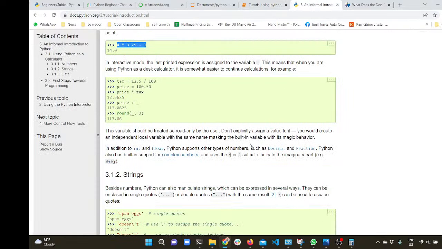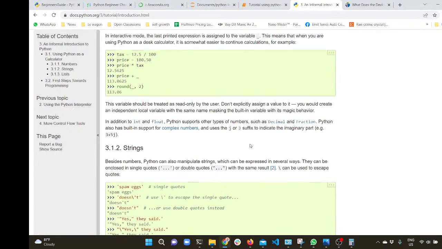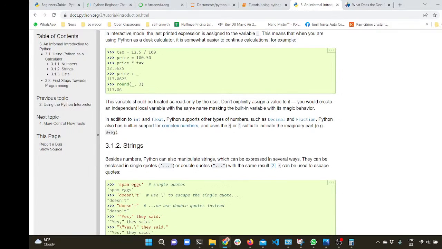Moving on, we'll scroll a bit lower, and it says the interactive mode, which we will not partake in because we're using Jupyter. The last printed expression is assigned to the variable underscore. We've seen this, but let's see if it's possible in the Jupyter Notebook. So our last variable that we run